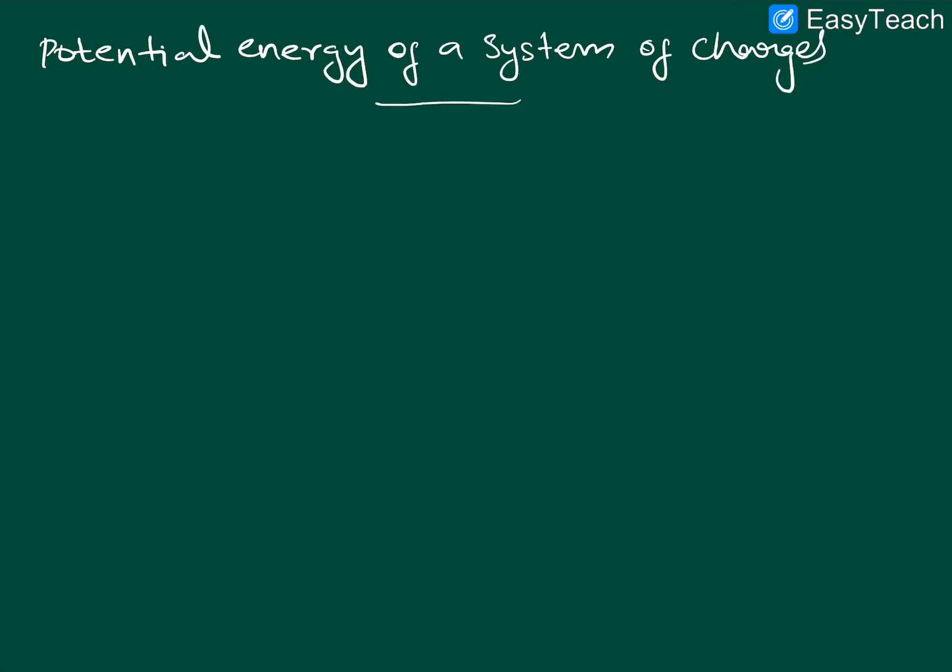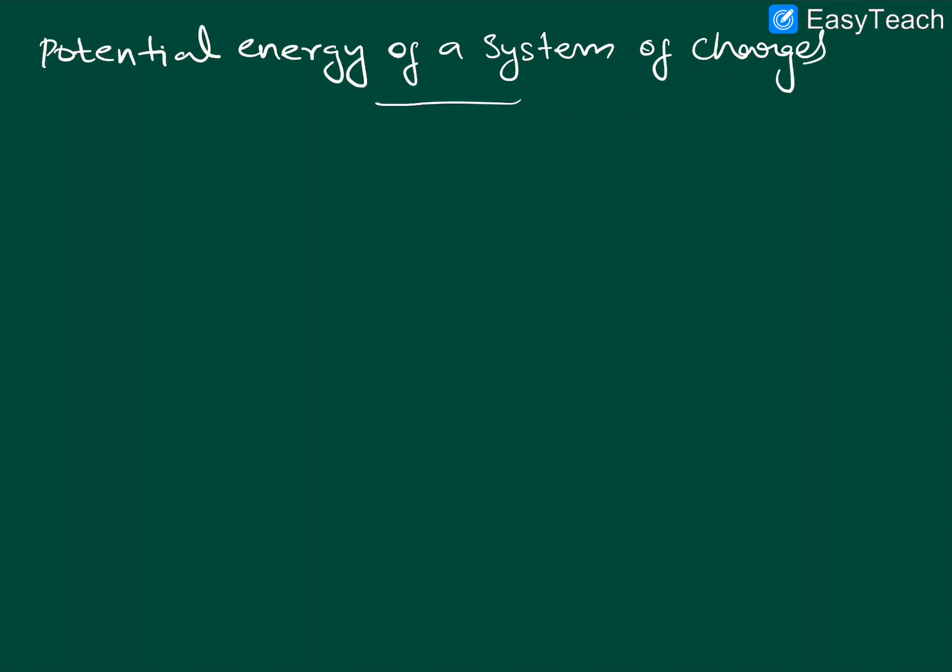We already discussed what is meant by electric potential and what is meant by electric potential energy. And in the previous lectures, I discussed some details about electric potential, and we did some derivations also for a point charge and for a dipole. Now in this lecture I am going to discuss potential energy. It is not about potential but about potential energy. You already know the difference between potential and potential energy. So in this lecture I am discussing potential energy of a system of charges.